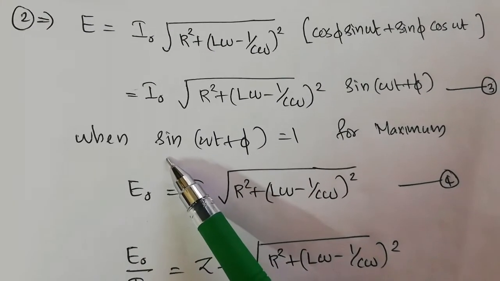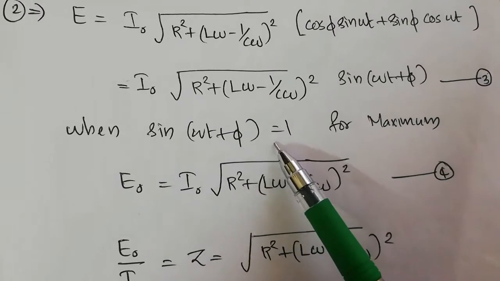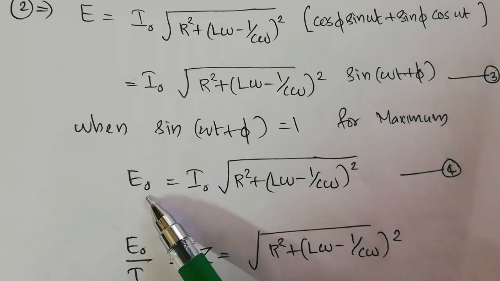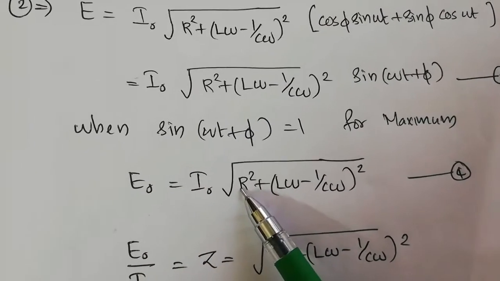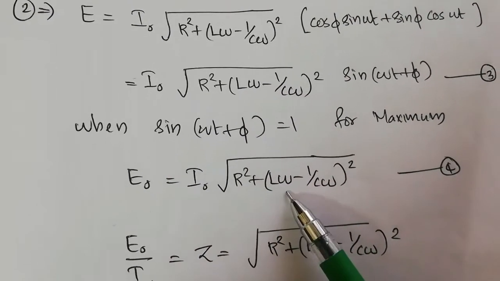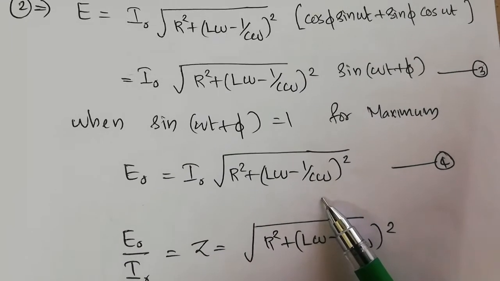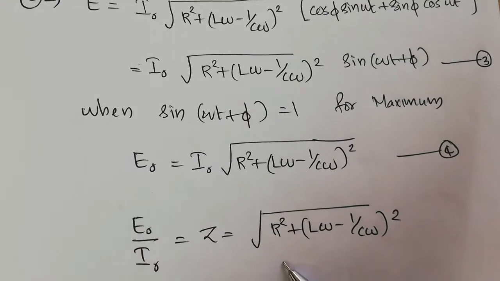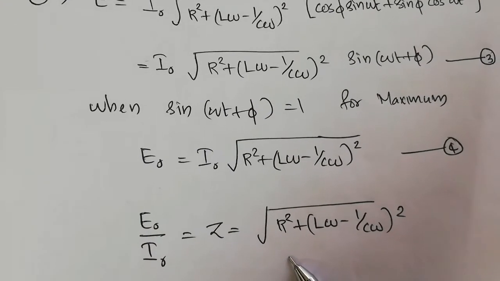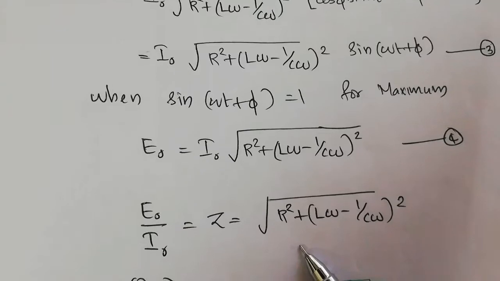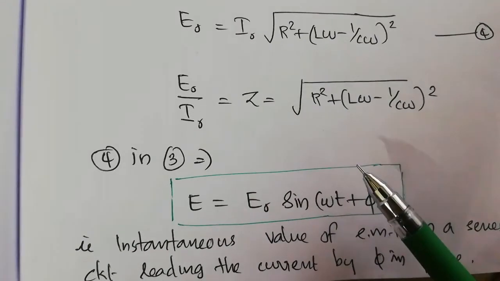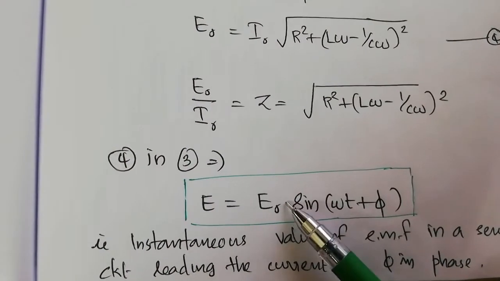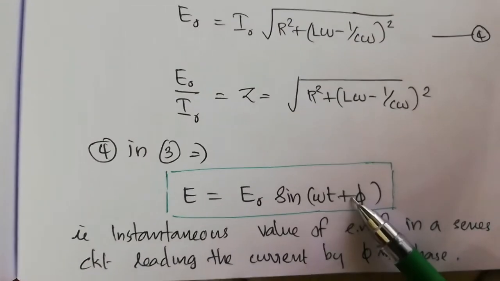For the maximum value, as we know, sin omega t plus phi should be equal to 1. At that time, E should be equal to E maximum, that is E0, which is equal to I0 root of R square plus L omega minus 1 by C omega whole square. From this, we easily get the impedance, that's equal to root of R square plus L omega minus 1 by C omega whole square. So, equation 4 in 3,